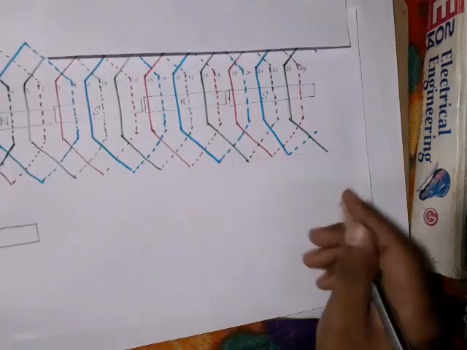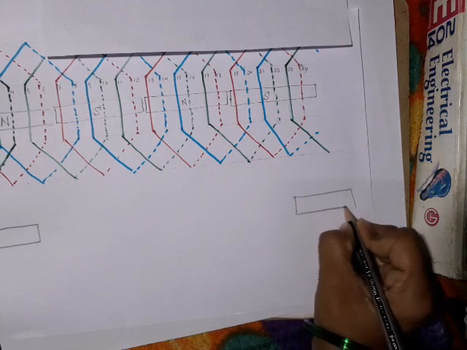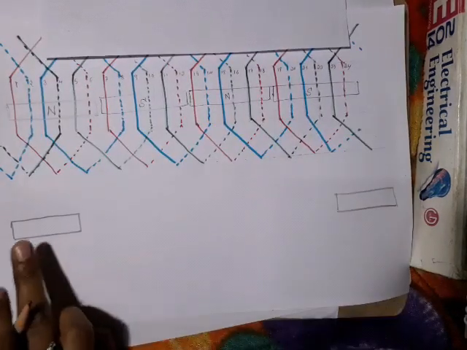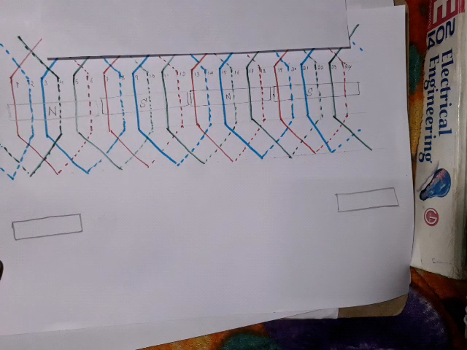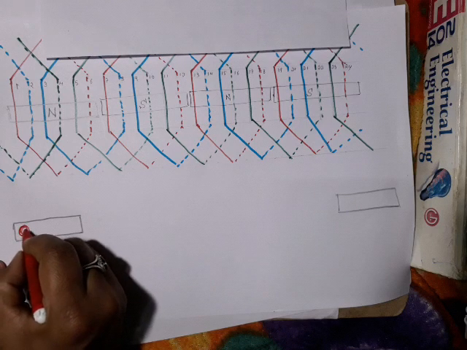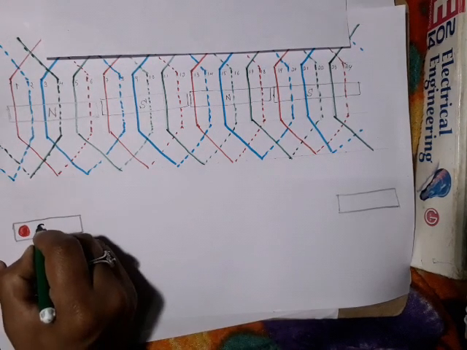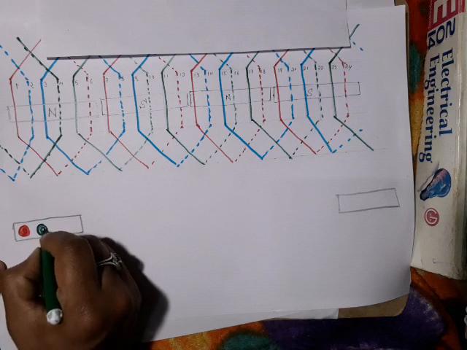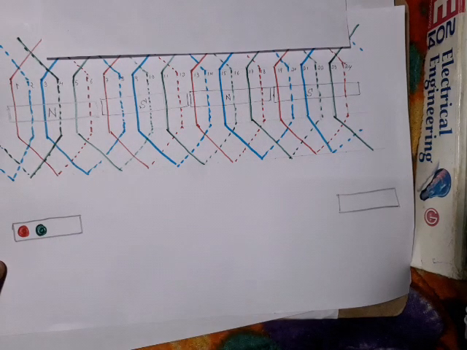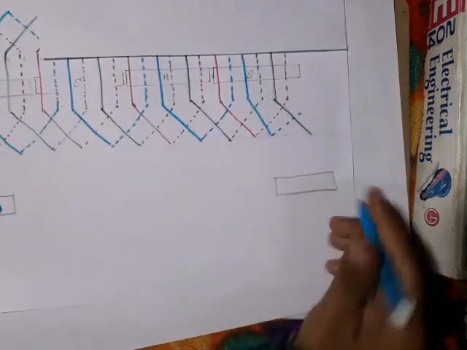I'll consider this side and this side as the finishing side and this side as the starting side. Winding starting, winding finishing. Winding starting, we have 3 phases. Winding finishing is very simple: if we have one copper wire, it has a starting terminal and an ending terminal. So that's how we can connect those things. That's what we are writing now.